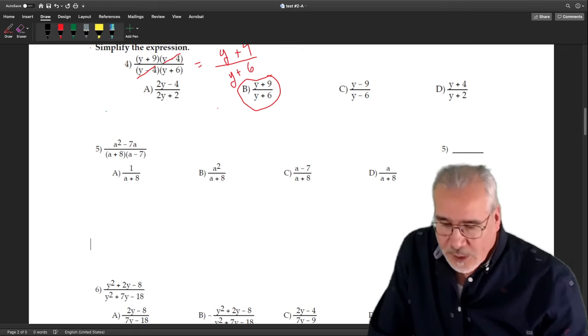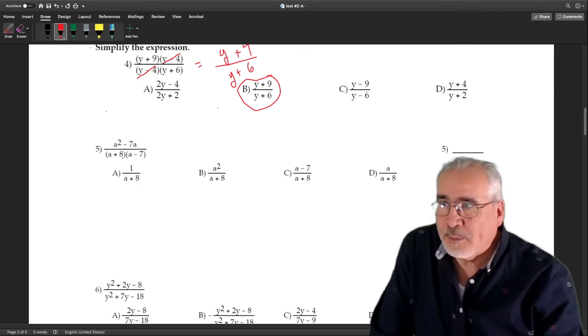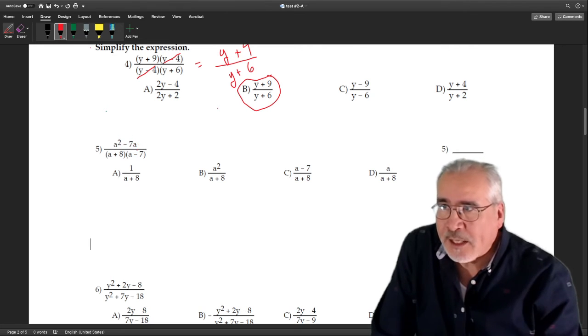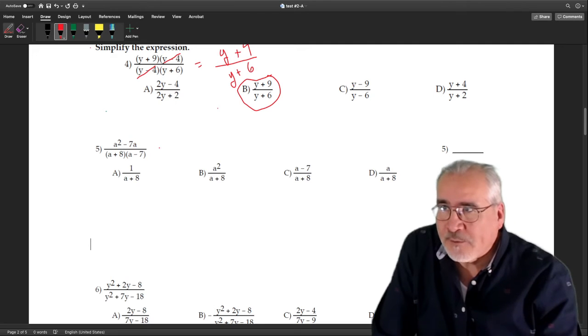Okay, same question. In the bottom, we have a plus 8, a minus 7. We can't do any reducing yet, but what we can do is, hopefully you can see, you can factor. In the top, there is a common factor of a. So we can factor out